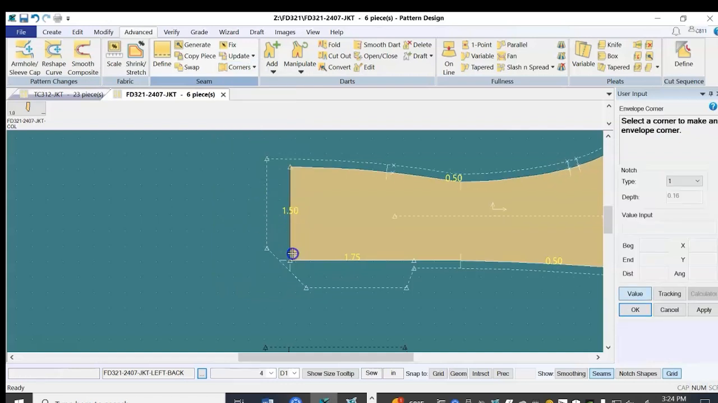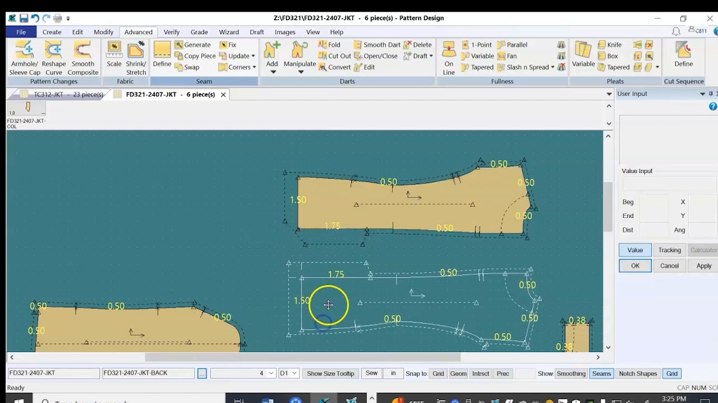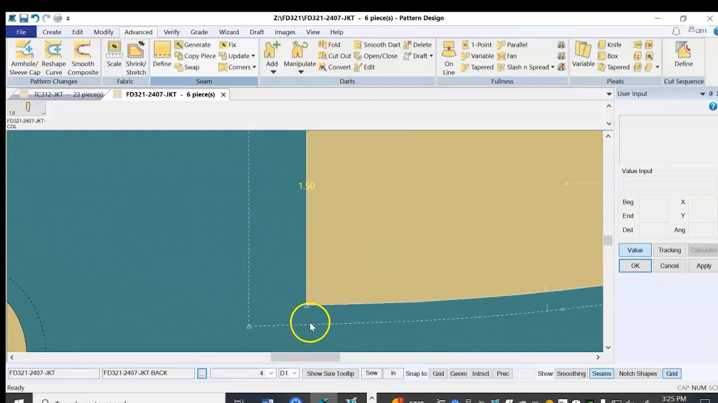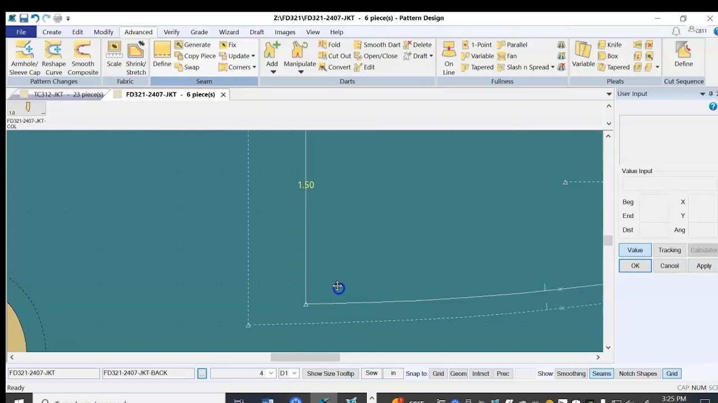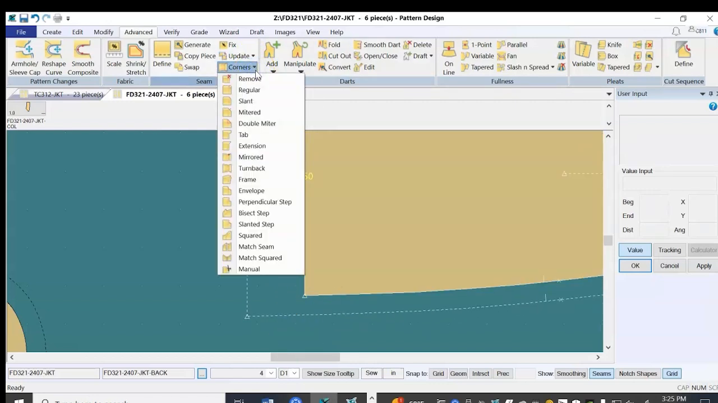So envelope, 0.5. All right. Now, last thing here for the back is here, right? Same thing you're going to use. Mirrored corner, right? So corner, mirror,